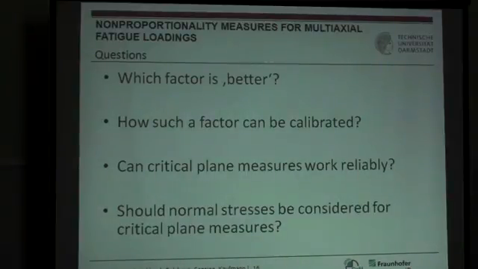So I think I have answers to a few questions. I think the Kanazawa method is not going to work because